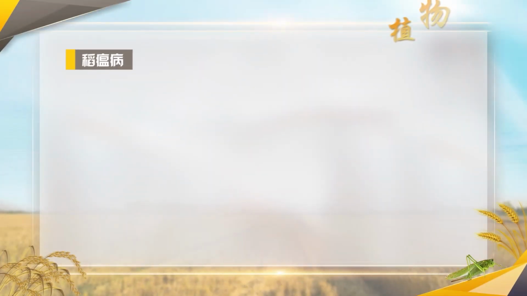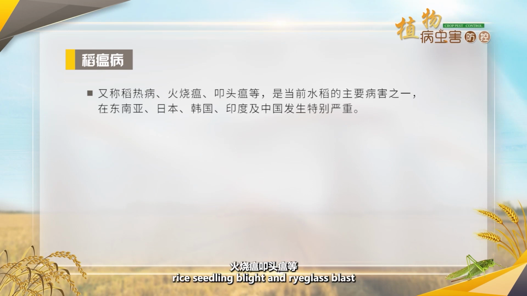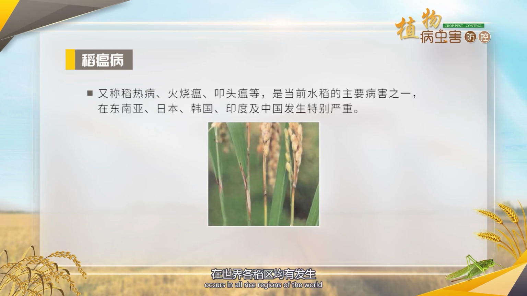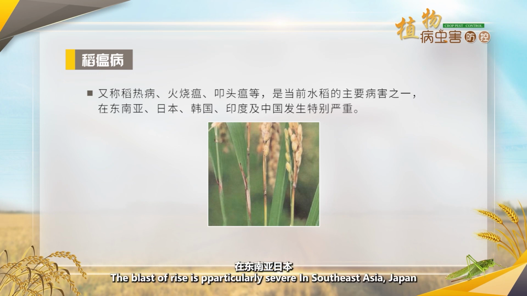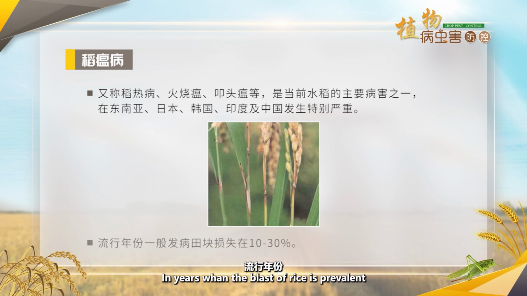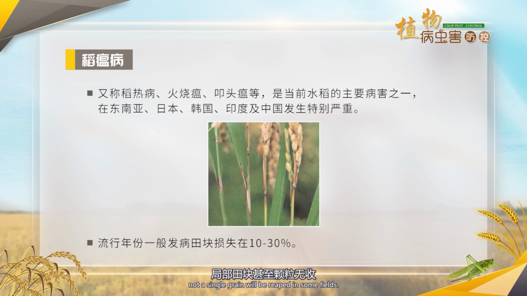Blast of rice, also known as Magnaporthe grisea, rice seedling blight, and ryegrass blast, occurs in all rice regions of the world and is one of the main diseases of rice at present. The blast of rice is particularly severe in Southeast Asia, Japan, South Korea, India, and China. In years when the blast of rice is prevalent, the loss of affected fields is generally 10 to 30%. And if the disease is not prevented and treated in time, not a single grain will be reaped in some